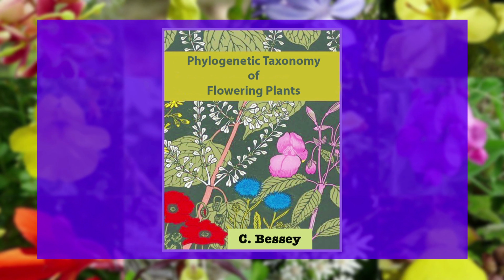It is towards the development of this system of classification that Bessey and Cronquist have widely contributed. Bessey published his system of classification in his book The Phylogenetic Taxonomy of Flowering Plants. It focuses on the evolutionary divergence of primitive forms. It is considered by many as the system most likely to form the basis of a modern, comprehensive taxonomy of the plant kingdom. The system is based on 28 guiding rules or dicta to determine the level of being simple or advanced of a group of plants. It counts 15 orders and 146 families.